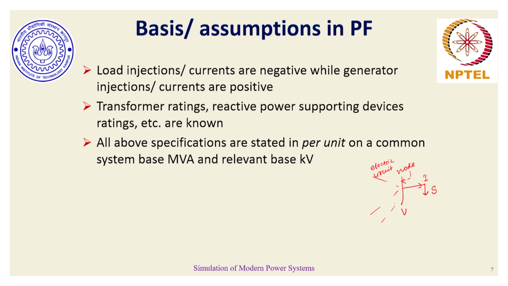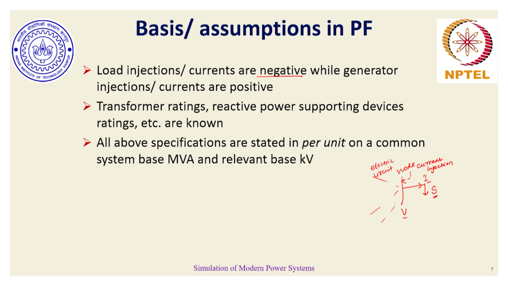there is no other source present to it. You remember we were also discussing while we were discussing circuit analysis that we tend to assume currents in a certain direction, and after circuit analysis the current values may turn out to be negative or positive. If they turn out to be positive, well and fine. If they turn out to be negative, then we have to reverse the direction of current while retaining the same positive value. If we apply the same logic here, then the current injection which is being done from this node to the rest of the electrical circuit in presence of just the load, which is consuming apparent power S and current I depending on what the voltage present here is, the corresponding injection will inherently be negative.